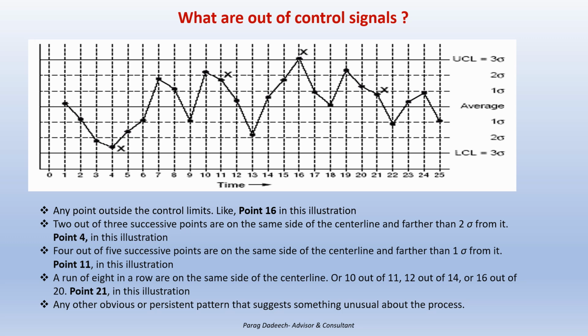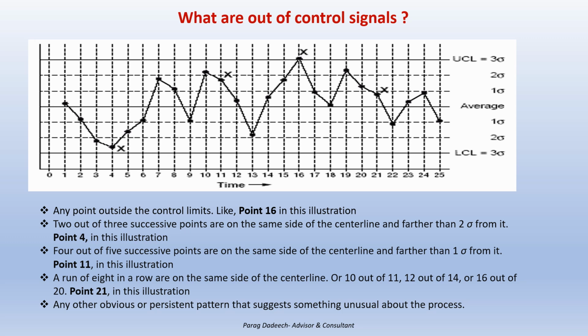This could be an indication that there is a special cause variation which is present in the process, and you must take immediate action to eliminate the special cause variation. If there are 2 out of 3 successive points on the same side of the center line and further than 2 sigma from it, such as point 4 in this illustration, this is also an indication of out of control